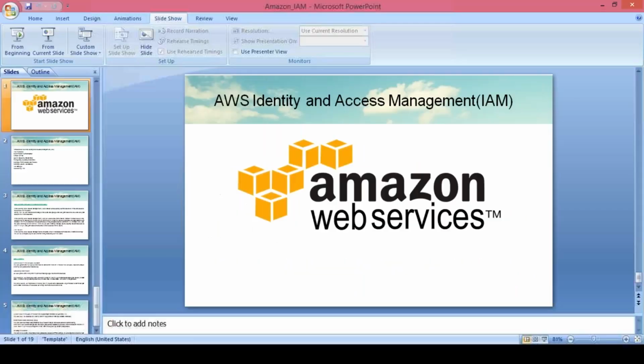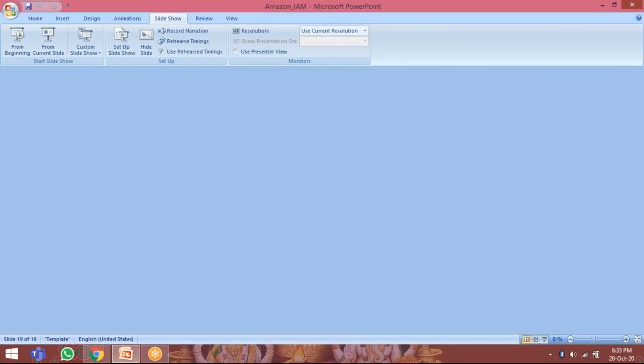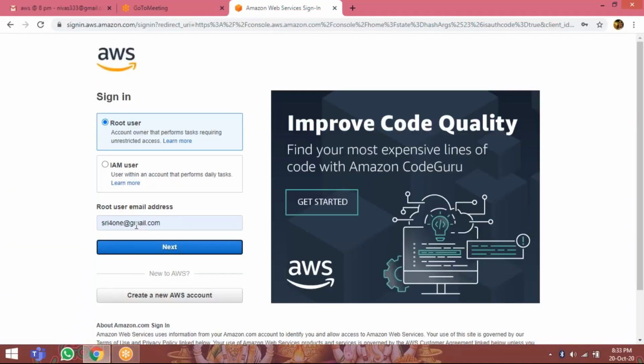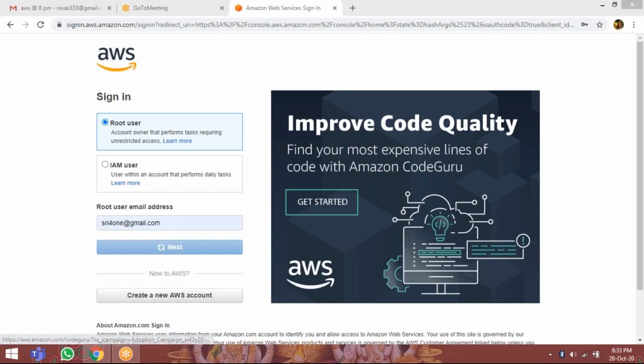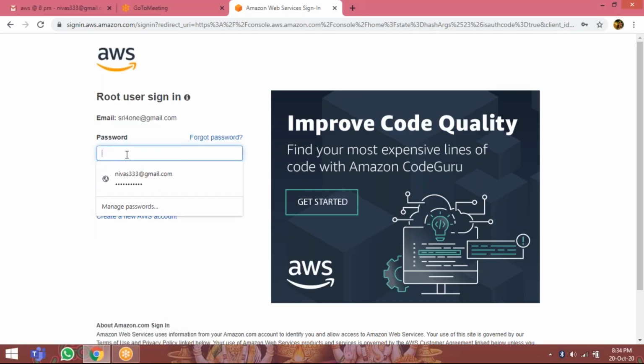Now we are going to see it practically. Log into your AWS management console. Now give the password.